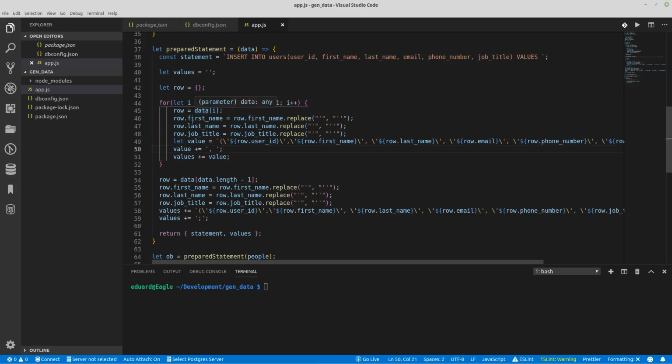So I'm getting the first row from the data from the people's array. I'm populating the first name and the last name and the job title. I have done something here. I'm replacing single apostrophes with double apostrophes, because that will prevent SQL injections. If